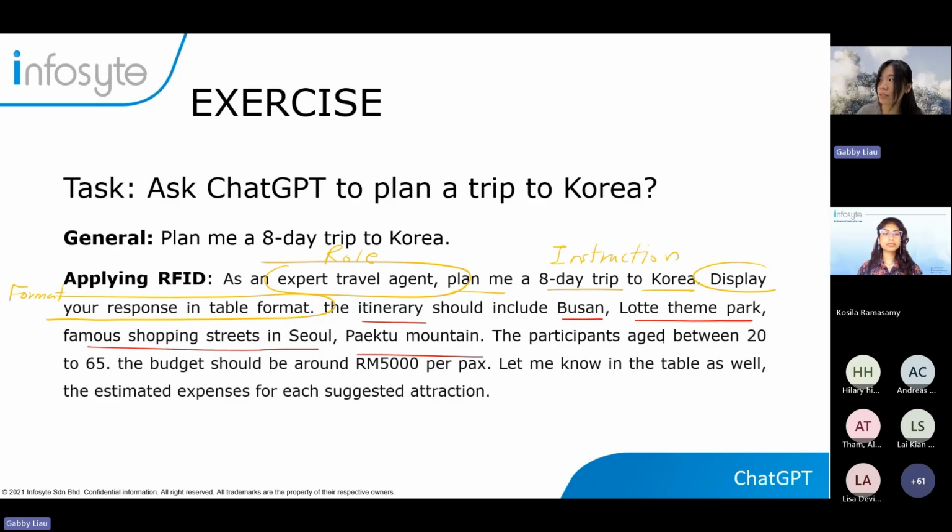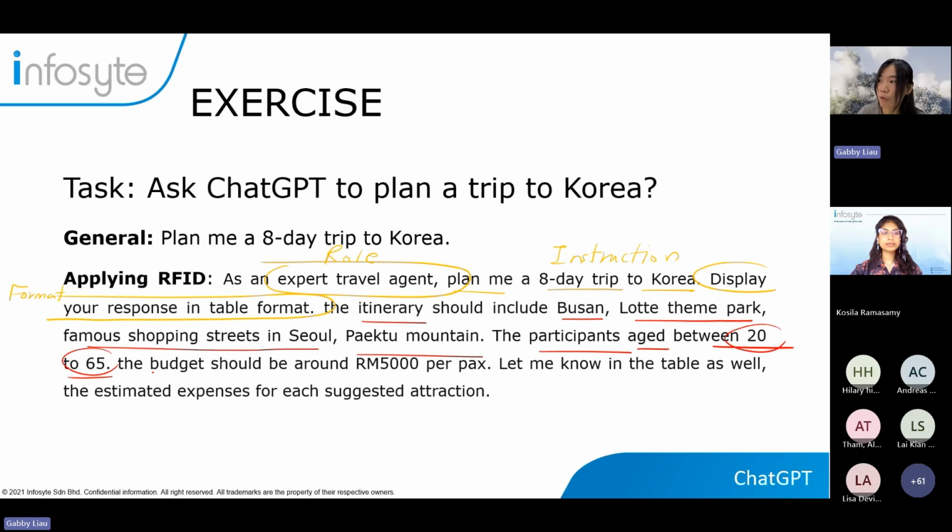When you plan the trip, they must know that the participant age is between 20 to 65, because some of the attractions are not suitable for the elderly, and some might be too boring for the young people. So you're going to tell them, I need an itinerary that's suitable for people of all ages, 20 to 65. Then they will not plan a very extreme itinerary that keeps going to theme parks and things like that, because there are some people at the age of 65. So you're going to tell them some background story.